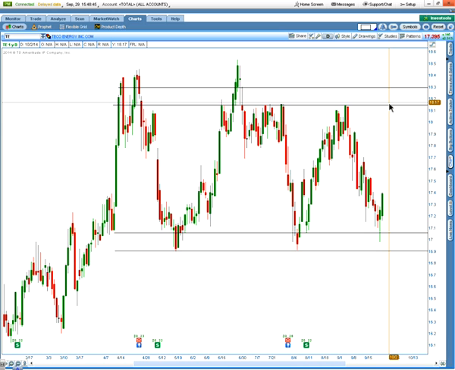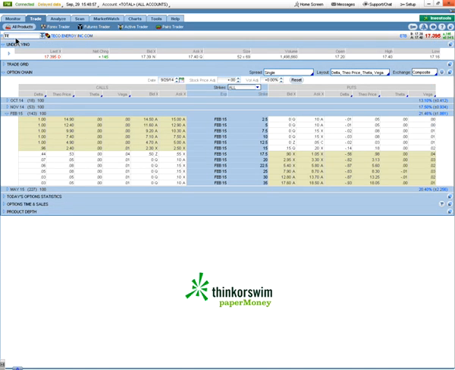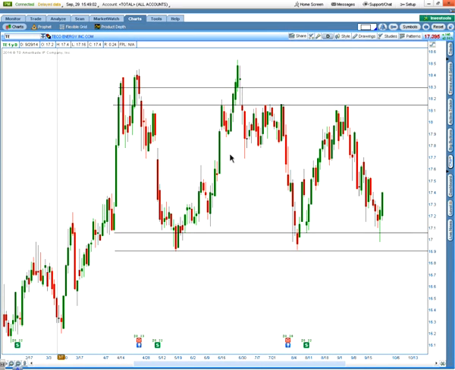So the market is going to close in about 10 minutes, and so we'll go ahead and place this trade right now. To do so, we go to the Thinkorswim trade platform. And one more thing before we go there. One of the things I'd like to do is see how long it's going to take from the bottom to